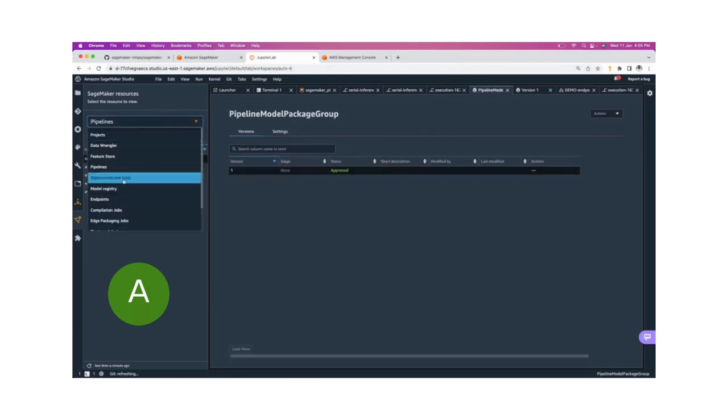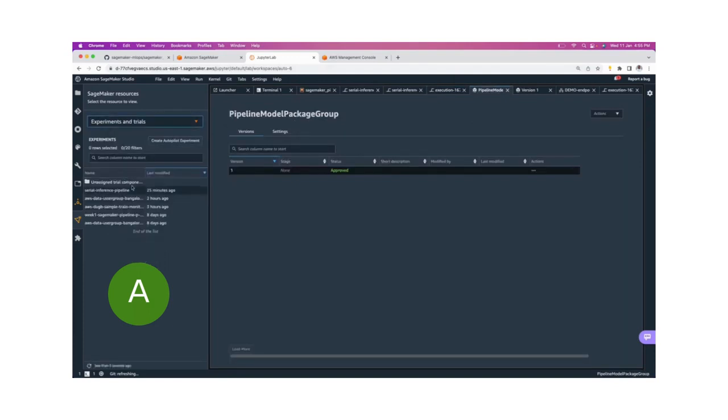After the pipeline, you can see the experiments. This is a very important thing. You can click on experiments. Every experiment will be saved as part of the